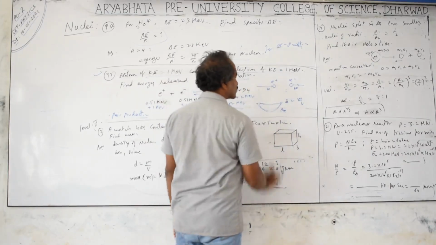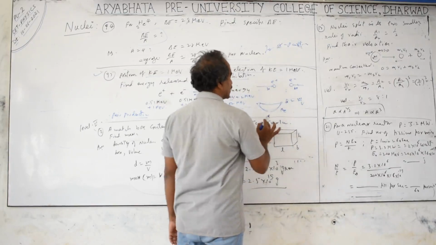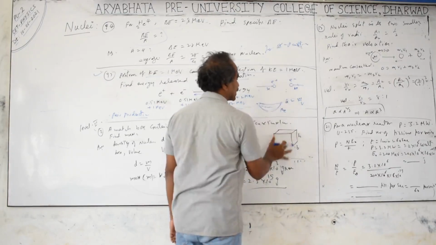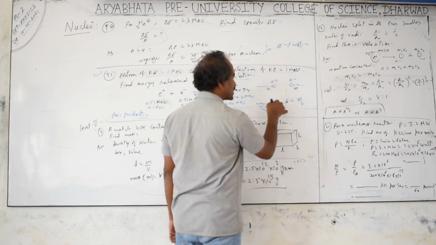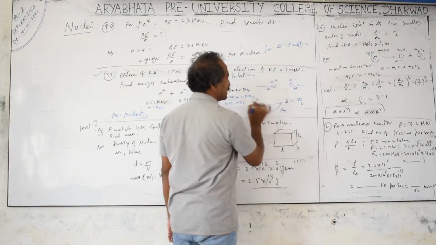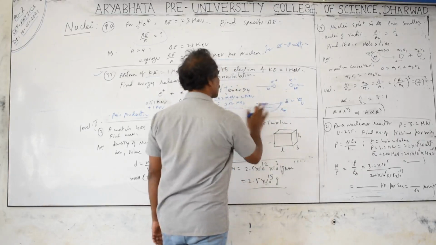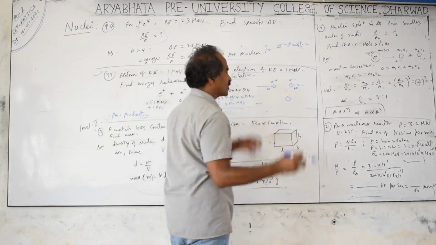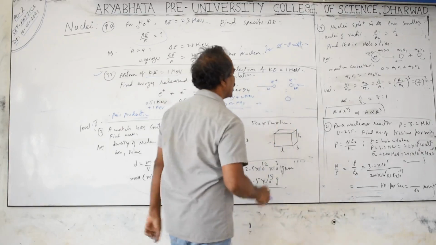But if any hole is made in this ship or boat, then water goes inside. Now only the iron density you have to consider, so it will sink. Considering the boat's complete volume, the effective density is different from the metal density. Same thing happens here also. You are taking the nucleus. The nucleus has very high density because the nucleons are very close to each other, having a corresponding mass.